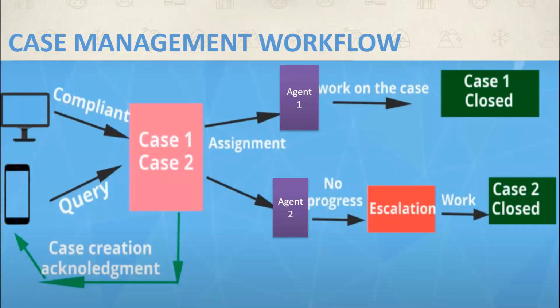So the ultimate goal on Service Cloud is to close the case as soon as possible. Whatever tools and techniques Salesforce provided, they help us close the case very fast. Omni-channel is one of the ways to close the case very fast, because it routes the cases very quickly using the skills, using the queues, and using the attributes as well. So these are the tools which help agents or support executives to work on cases very fast and close them. So you should remember this flow whenever you work on Service Cloud.